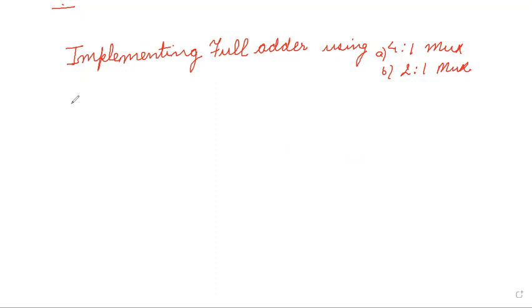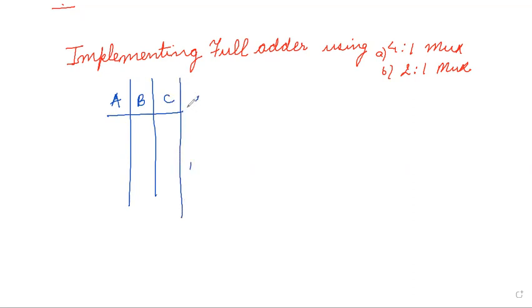A full adder is a circuit which is going to add 3 bits. The third is regarded as the carry bit. So for an n bit number, C is taken as a carry from the previous stage. Considering that, we take the truth table with 3 inputs, and then there is a sum, and then we have a carry output. So these two are the outputs, these are the inputs.